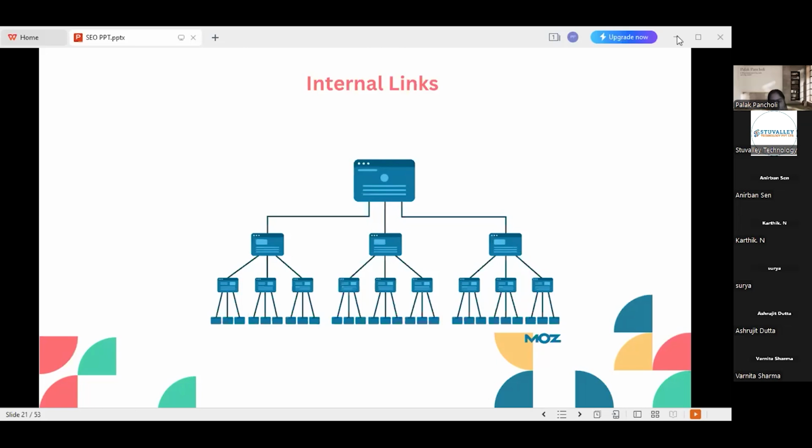Is it clear? Yes, ma'am. So, ma'am, does it improve the traffic and ranking? Actually, it is important to use external links, and yes, it will help improve the traffic also, because people will know that this particular website provides a good source of information. It means the content available on your website is also good quality content, and the source of information that you are providing is also good. So ultimately it will help in enhancing the user experience and traffic on your website.